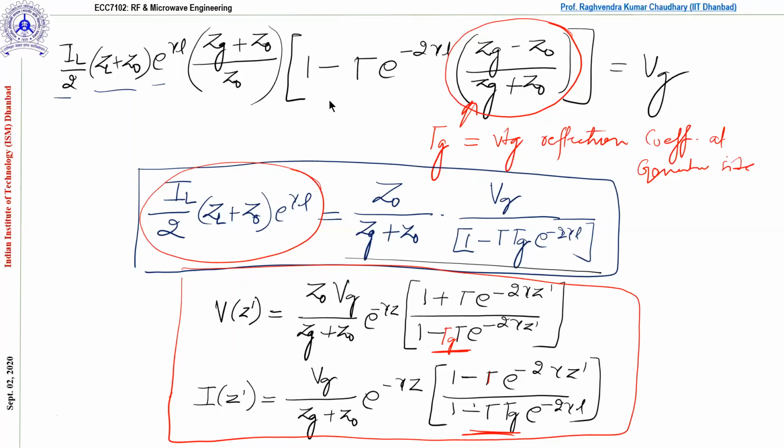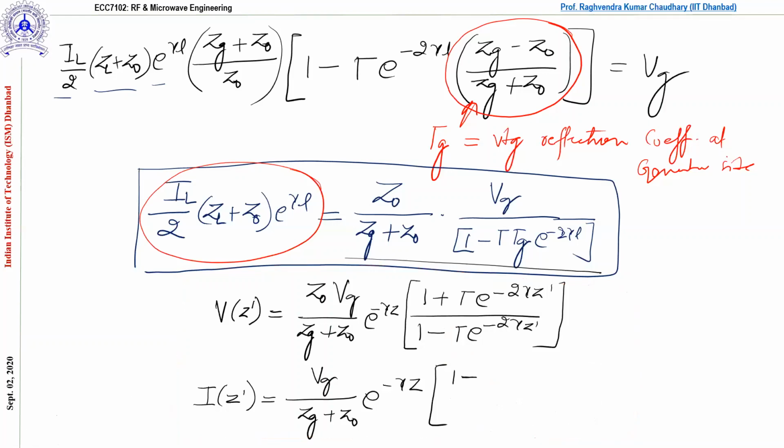Now from these equations you can do some innovative things, and we'll get some insight into the transmission line, particularly how the electromagnetic waves are behaving inside when the transmission line is not matched at the load or source side. Fine. So let us do a small modification in this equation.